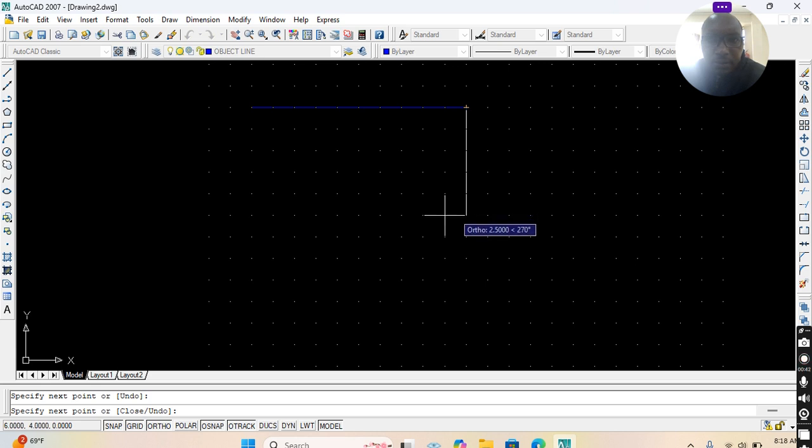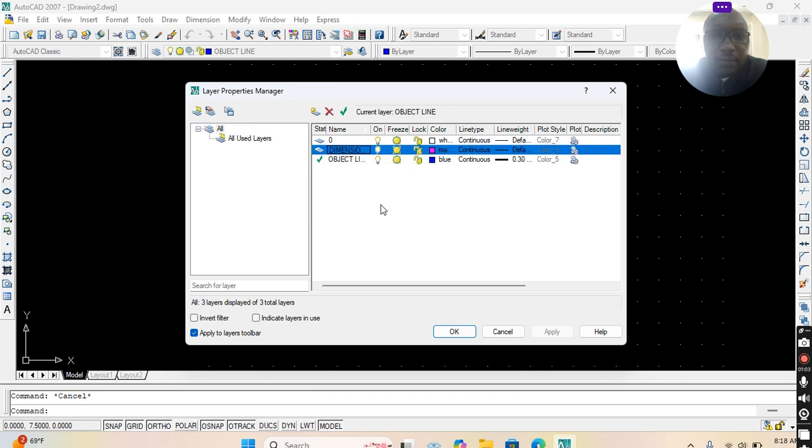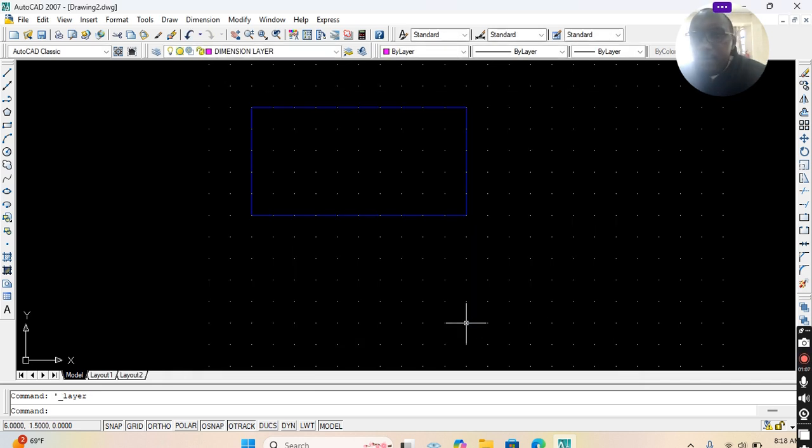So again, then you press enter. Remember, those are some of the commands which we need to understand. So I've drawn that triangle. Then I want to employ, for example, some commands. For example, I can start with